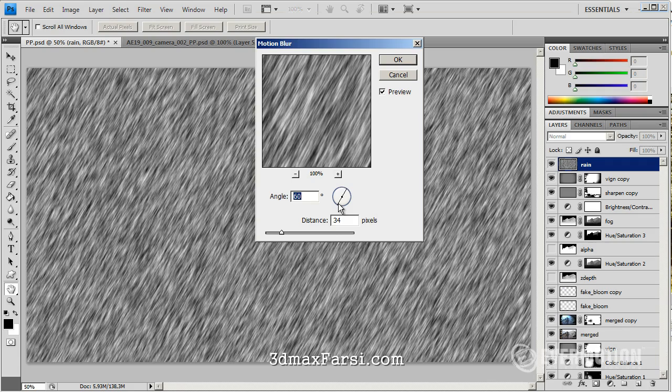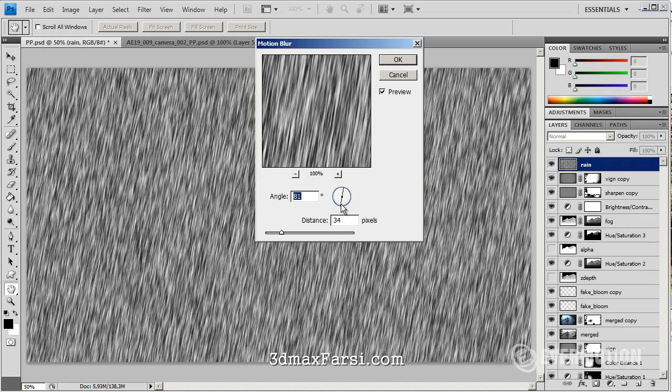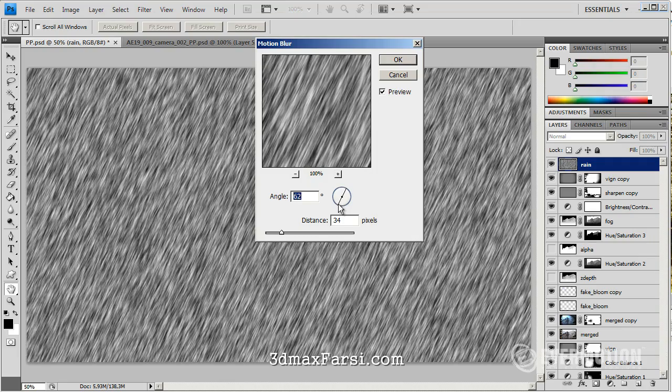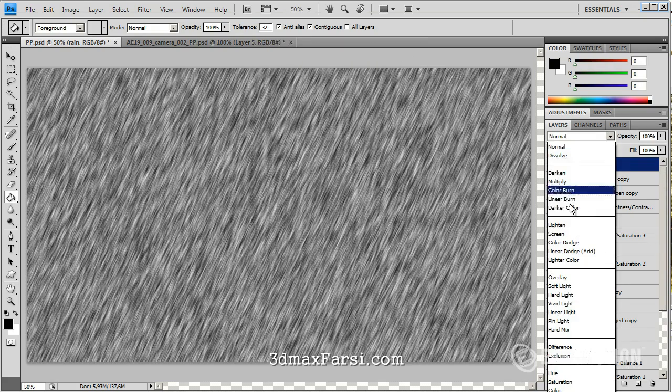Try to find the suitable angle. Oh, I think something like between 62 and 65. Let's try 63 and the strength something like 42. Okay, now blend the layer to screen